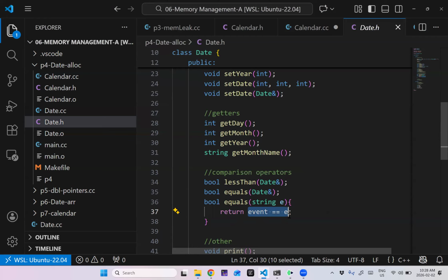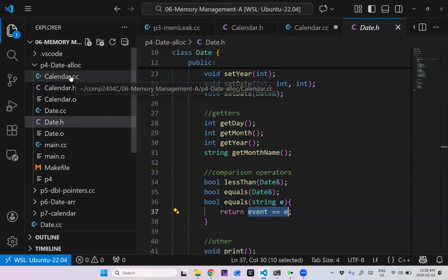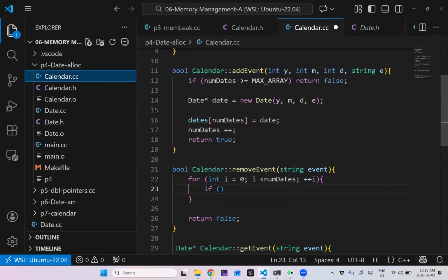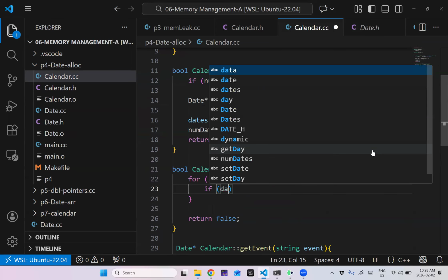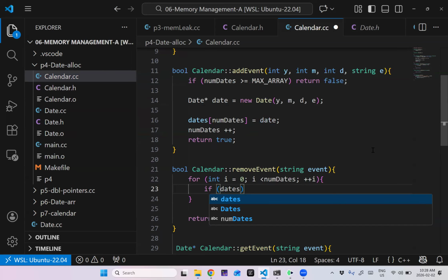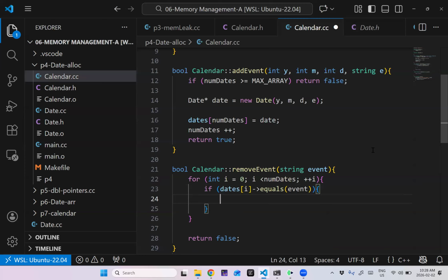So get event, and then I could have compared it directly to the event in the calendar class. We sort of use both of those patterns here.